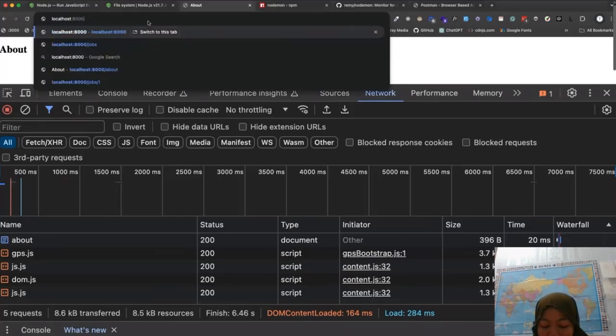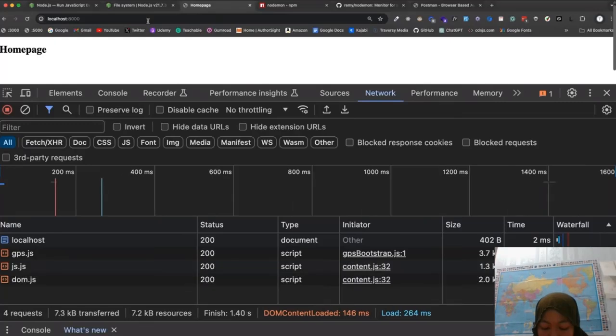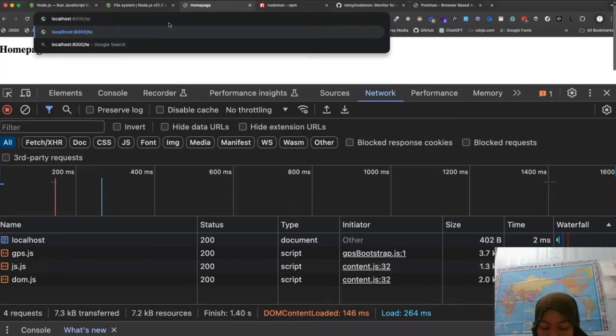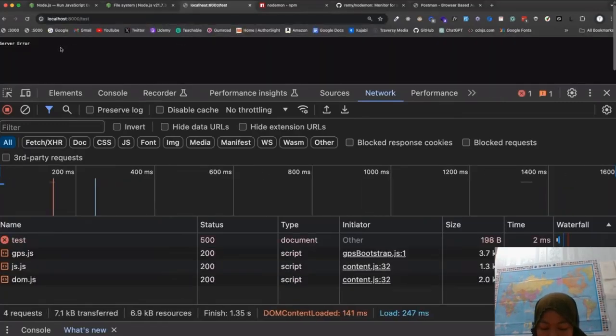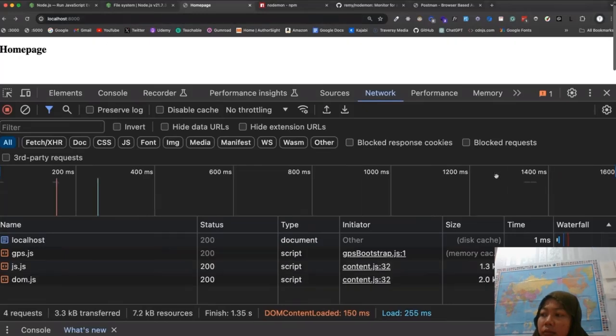If I go to just localhost 8000, then it loads the home page. If I go to /test, which doesn't exist, then I get a server error. Probably better to put a 404 not found page, but I don't know. I guess that's fine for now. You guys get the idea. And again,